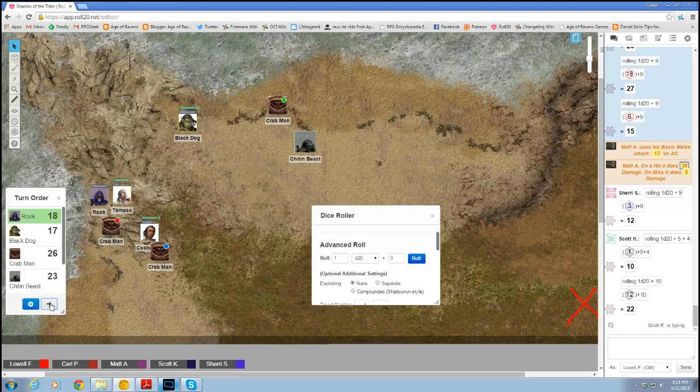Tommaso, you will see Atlantic Rook come flying over the rise past you and stabs this crab man. Scott, roll your damage. 5. 6. Plus double stat plus